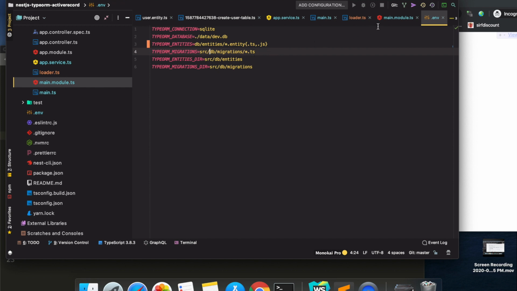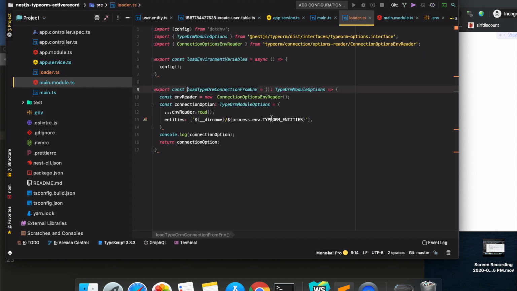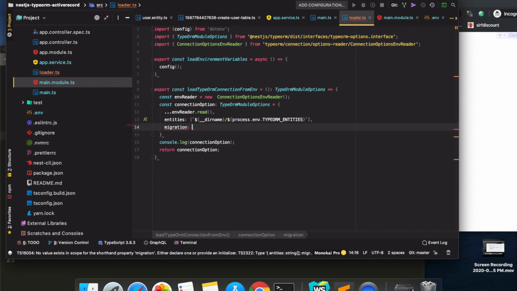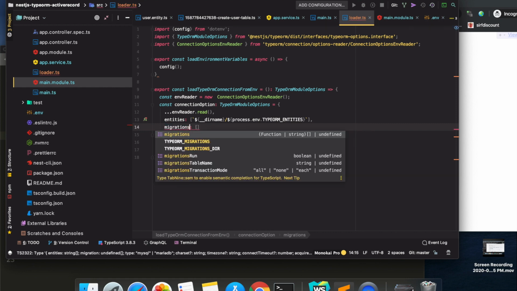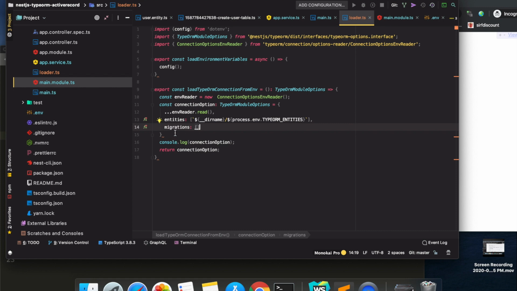So we don't need any migration loading in our connection options inside the code. So for that reason, we will just go here and set migrations to an empty array, right? So basically there are no migrations in the connection options because there's no need. So now if we go back again to the terminal,